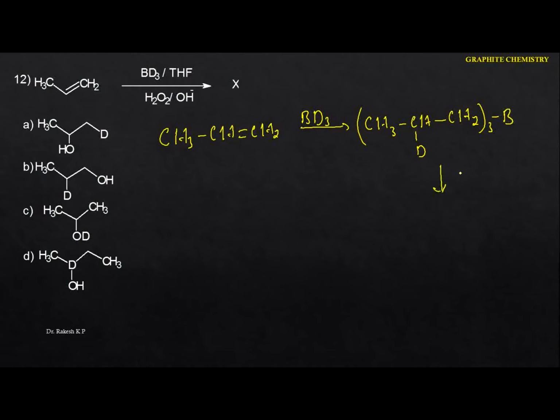And the next thing is what if you do the oxidation here, by using hydrogen peroxide in the presence of a base. Here we are going to get the respective alcohol. The respective alcohol you are going to get is this one, because this part is attached to the carbon having the lesser number of hydrogens. Hence in this case the product we are going to get is option B. It is similar to hydroboration oxidation. Instead of hydrogen they have given deuterium, but the reaction will be the same. Okay, so next one.